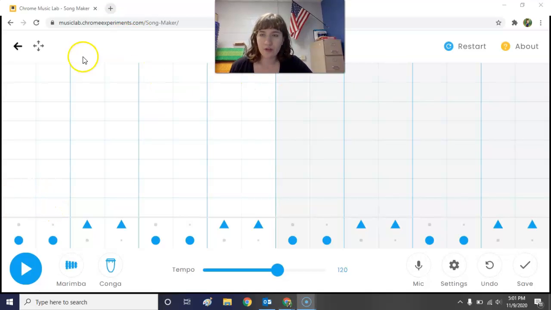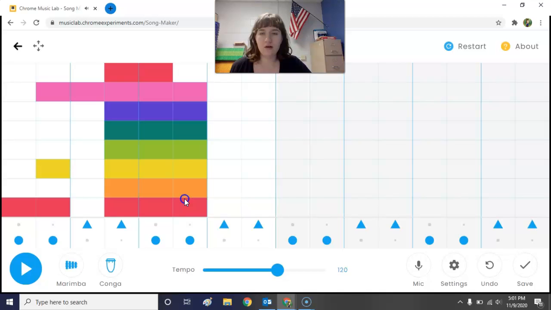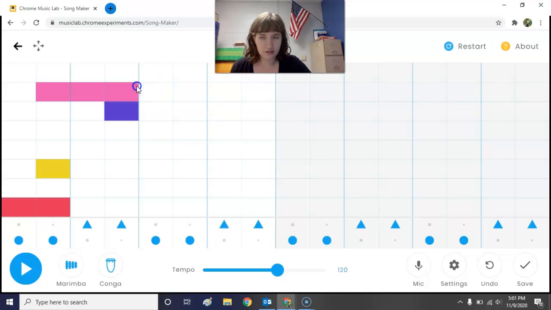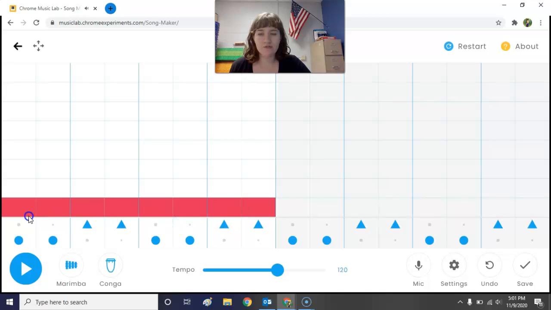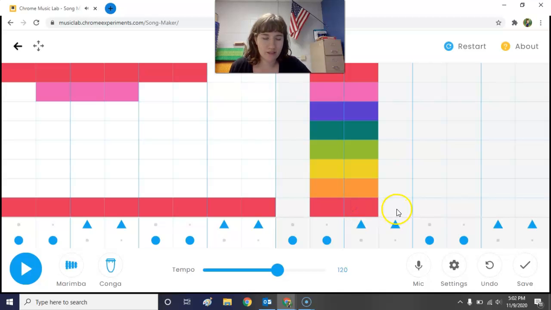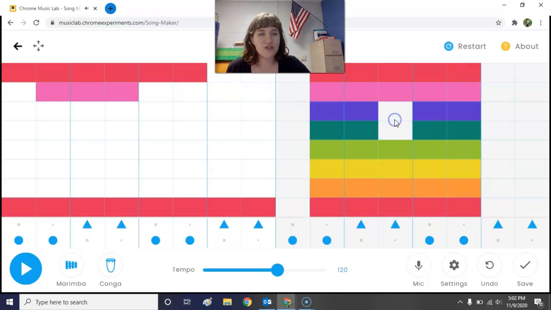Alright, so now, above here, you can see that there are a bunch of these rectangles or squares. What happens when you click them is that it creates a bunch of colorful blocks. Then when you click them again, it erases the colorful blocks. So if you can see on the bottom are a bunch of low notes. At the top are high notes. So it goes low to high, high to low. So bottom is low, top is high, and so on. Okay, so right now